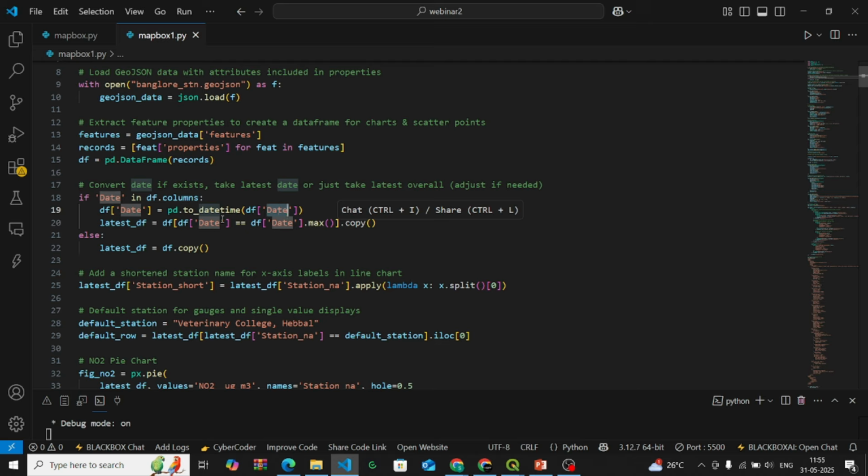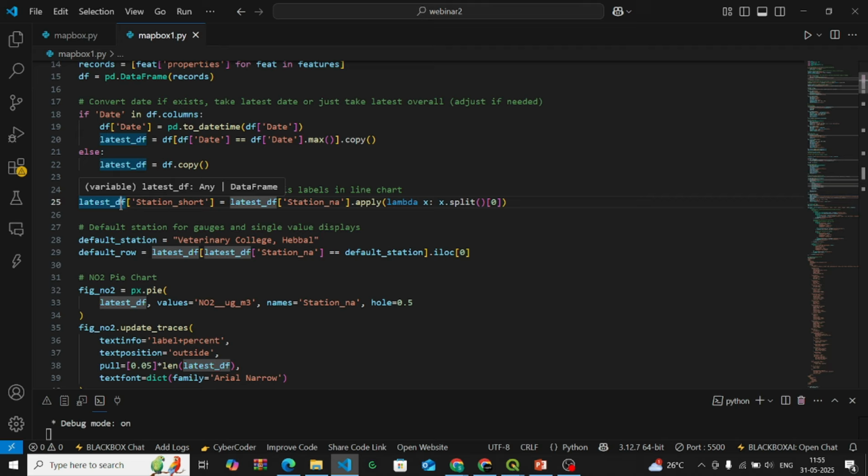individual row. And latest_df, this is a variable that is created again. Here we are storing the maximum value of this date. The maximum value of this date will obviously be the most recent one. So here we are copying it into a latest_df variable. And next, latest_df will have the attribute information of the most recent date, and in that we